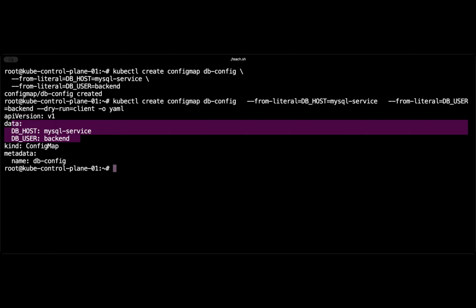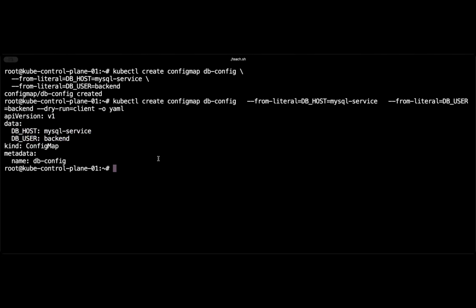Now that we have our ConfigMap, how do our pods actually use it? The first and the most common way is to inject the entire content of a ConfigMap into a pod as environment variable. We do this in our pod manifest using envFrom, a configMapRef. Let's demonstrate it with an Ubuntu pod attaching dbconfig as environment variable. So let me create a YAML file for Ubuntu pod, and let's